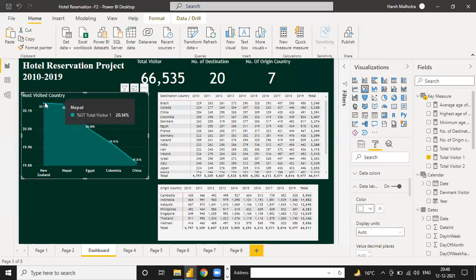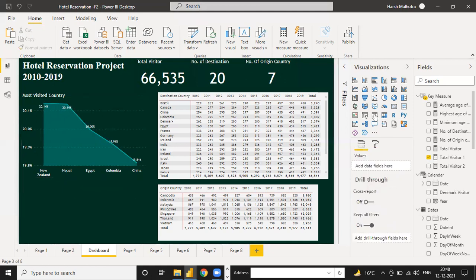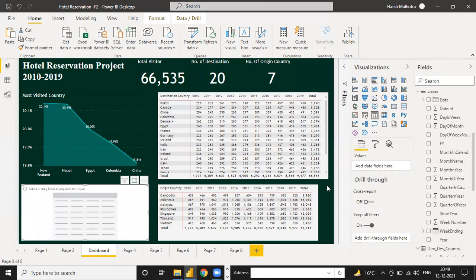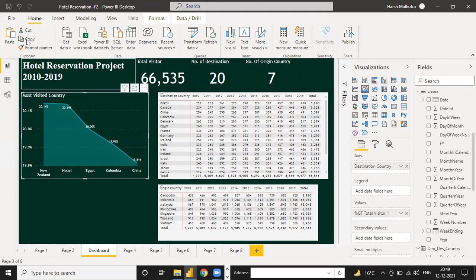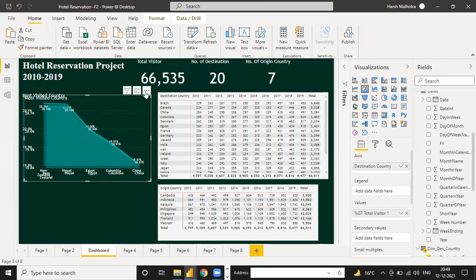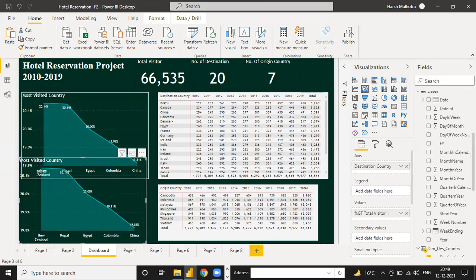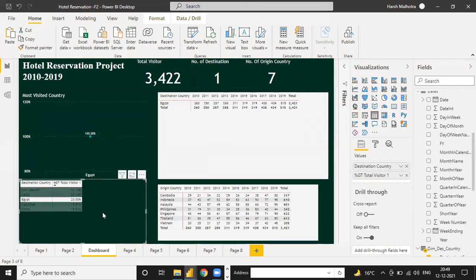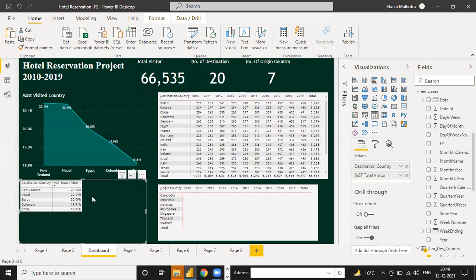Why? Because for New Zealand we have 20.14, here also 20.14, but what is the difference? Let me show you in tabular format. Click this. Delete this, select this one, copy, and just paste. Go down. Okay, so instead of this, you can select the table, so it is automatically in table format. And see, now it is in tabular format, and right now it's always percentage.